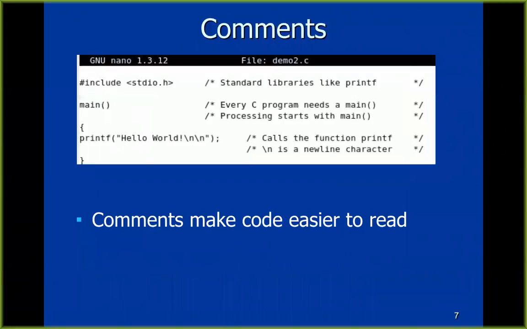One way is with this /* and a */ at the other end. You can put in comments that say what your code is doing, and this is very helpful. Most professional developers are forced to have extensive commenting of their code so that other teams can read your code. There's a lot of online cartoons that are funny about this. There's nothing more horrible than trying to fix somebody else's code because you can't even figure it out. It's usually much better to just throw it away and write it yourself from scratch than to try to figure out what someone else is thinking.